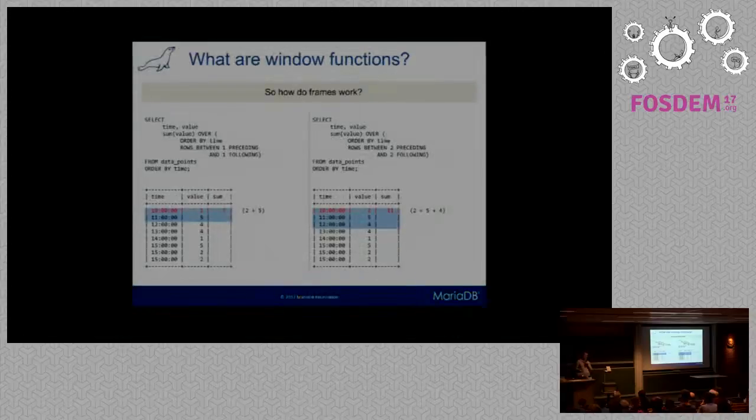And the other one does it with 5 rows. In blue, I've highlighted which rows are used in the computation, and the red is the current row that we're computing. For the first one, we do not have any previous rows, so we just take the current row and the row after it. This gives you 2 plus 5 in the first column and 2 plus 5 plus 4